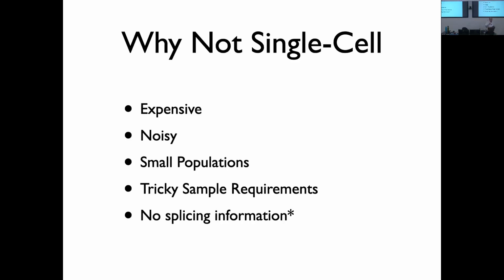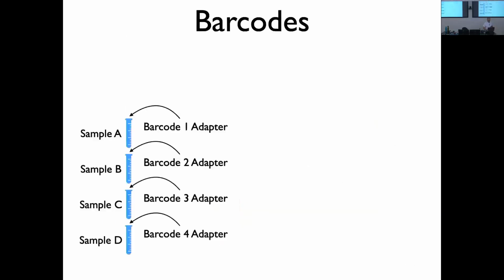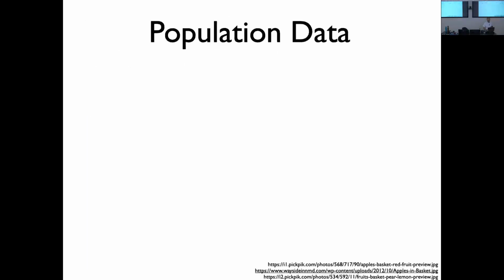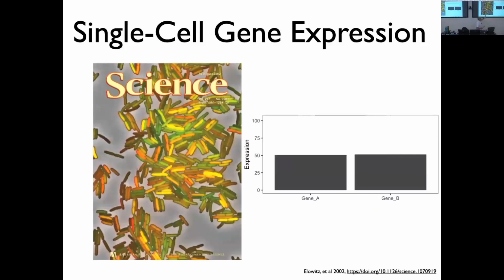There's biological noise, because, well, that's kind of the point, right? I showed you this figure that even in this population of clonal cells that are in the same environment, right next to each other, these aren't different cell types. You get differences in gene expression. So you can imagine that you have this population, you take cells from blood,